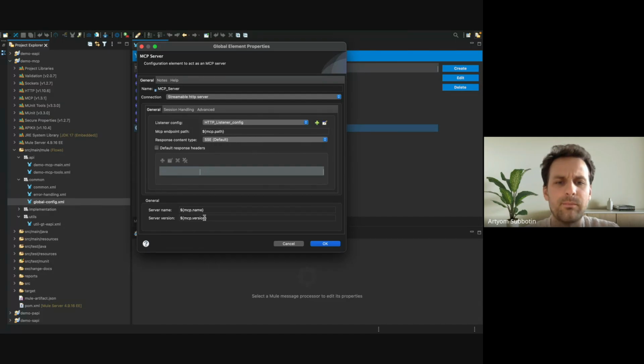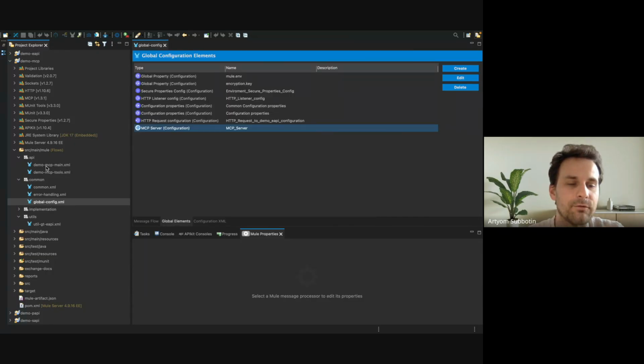Also the MCP name and MCP version, which are placed in properties, but they're not of real interest for us. So you see that the configuration of this MCP connector looks very simple, similar to the Salesforce event listener, platform listeners, or something like this. It's just the same type of configuration.